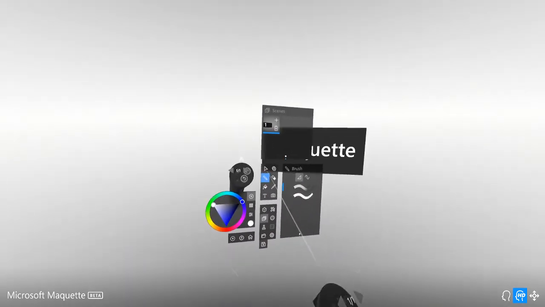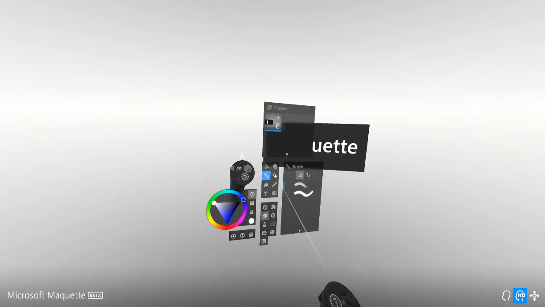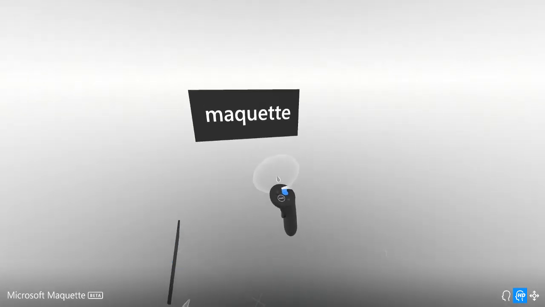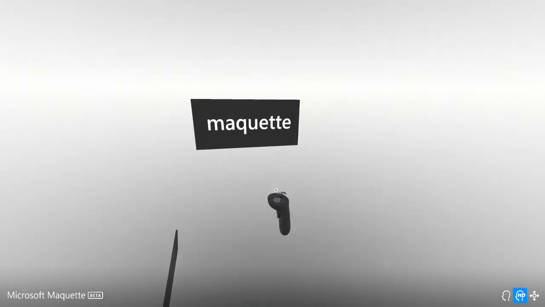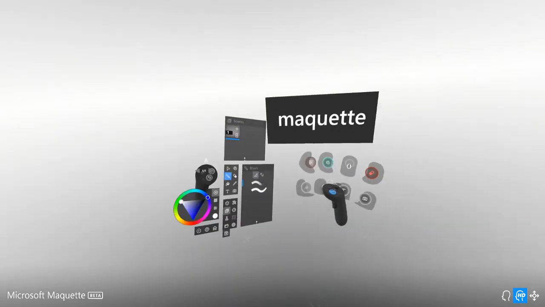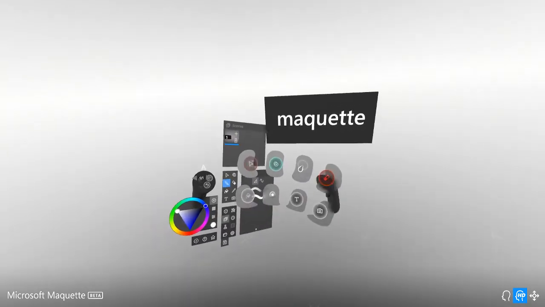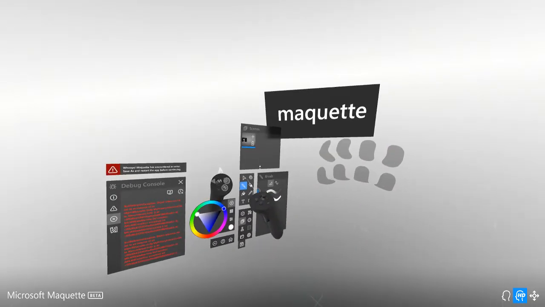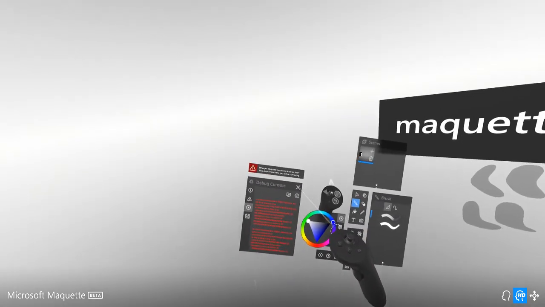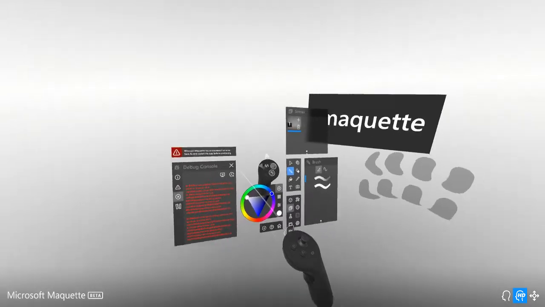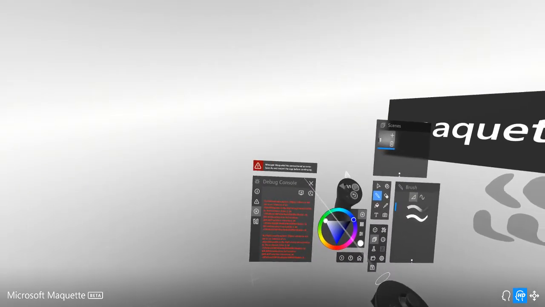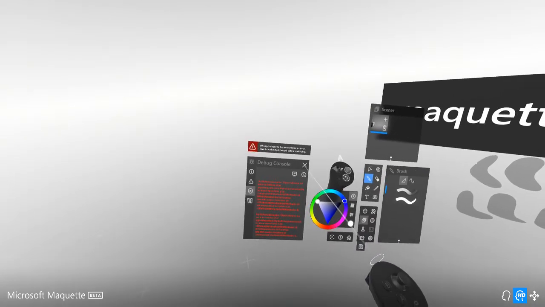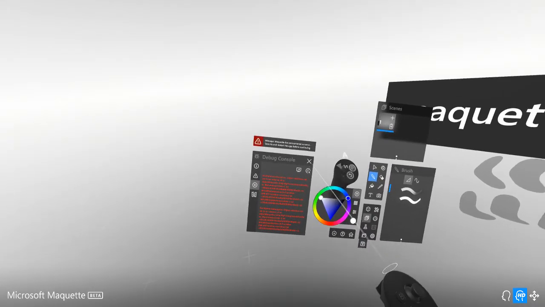So this menu bar of tools is also available through your right controller. If I press this white button right there, the 3 ellipses dots, it brings up the same 8 tools. Do you see that? You have your select tool here and the select button here. Oh, debug console, why? That's cool. I've never seen this. It says Maquette encountered an error. Save as and restart the app before continuing. Well, looks like we're saving as